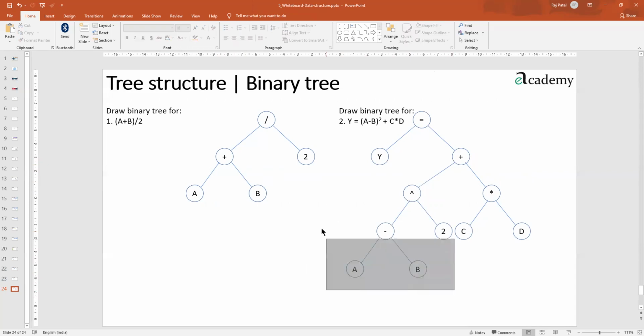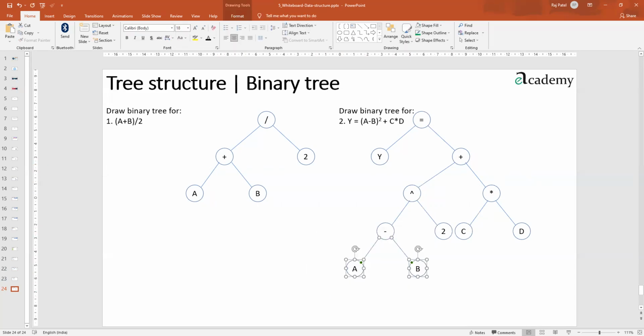So that way we have completed the binary tree of this particular one also. I hope you have understood this question well. Okay, was it easy? Yes, right? Okay. So if this kind of question comes to you, you should be able to do it further